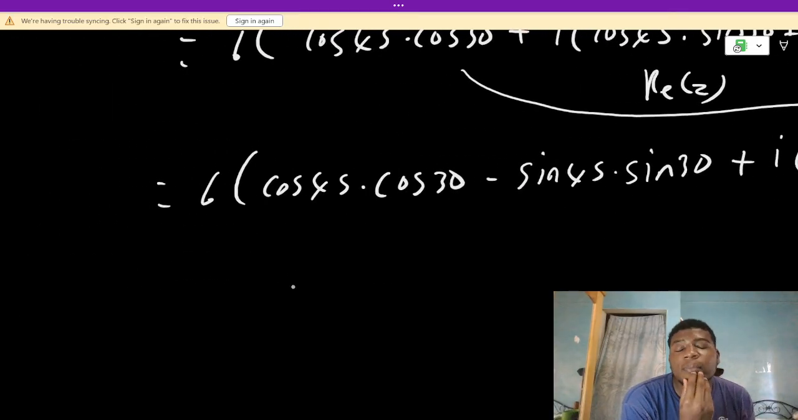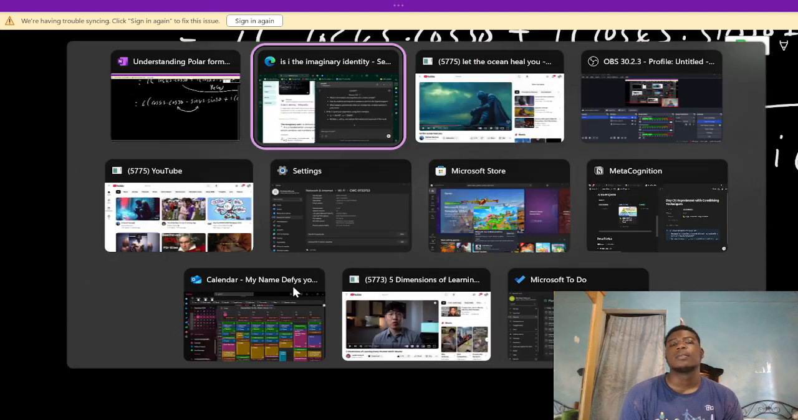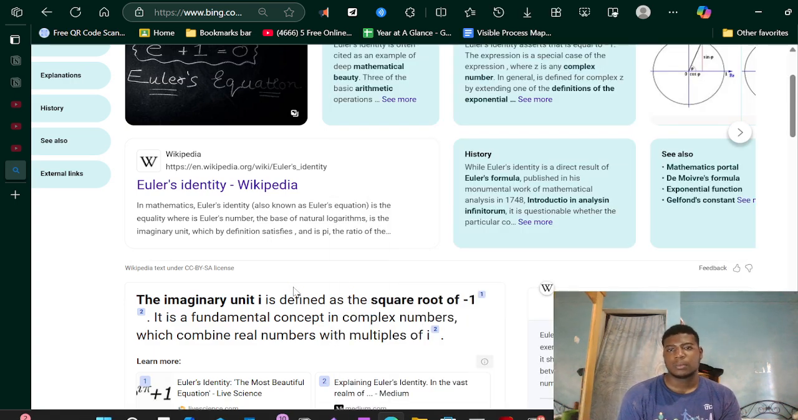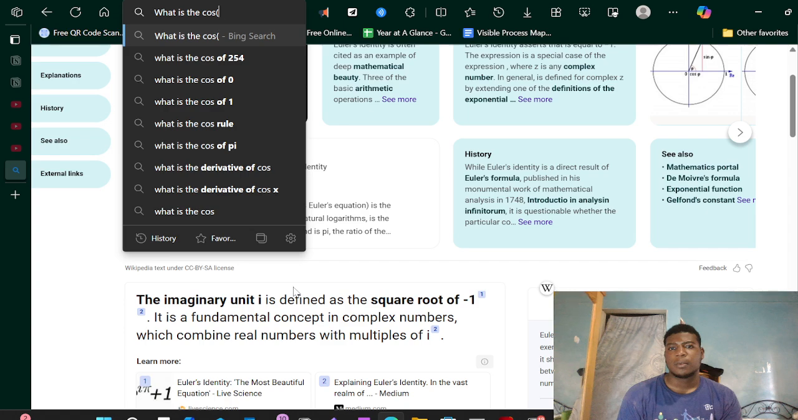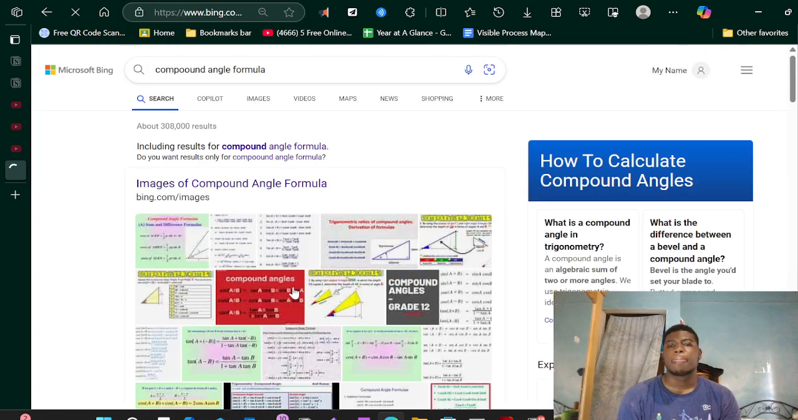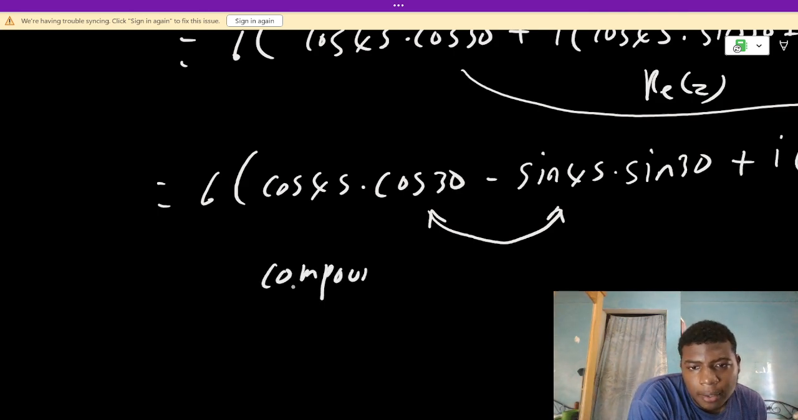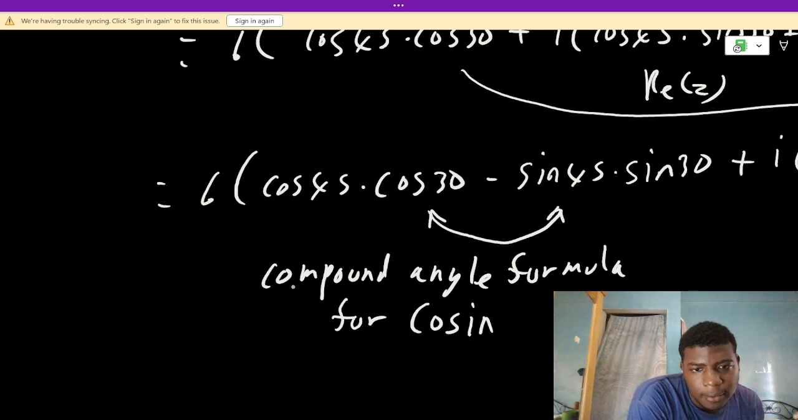Now if you know your trigonometric rules, your identities, you would realize that this is actually a compound angle formula for cosine. And this here,